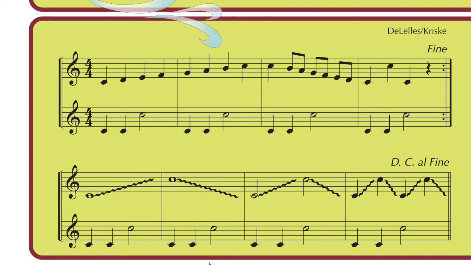Here's the next staff. 1, 2, 3, 4. 1, 2, 3, 4. 1, 2, 3, 4. 1, 2, 3, 4. Then 1, 1, 1. Back to the beginning. C, D, E, F, G, A, B, C, C, B, A, G, F, E, D, C, C, C. All right, so we just completed what would be the first part, the main melody,